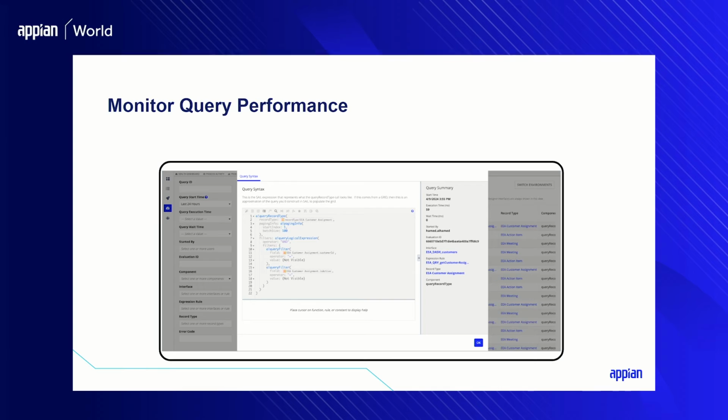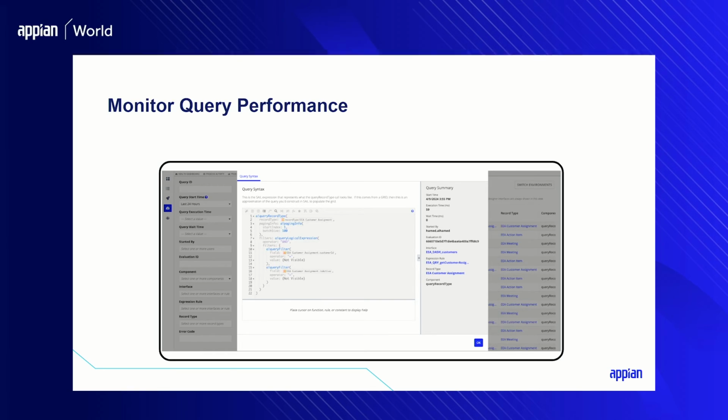All right, and then the second is performance query. Now you heard all from Aaron about how record queries can provide greater performance, and that's true. However, even highly performing systems need to be investigated to be further optimized. And that's why we've added a new monitor in 24.1 that lets you see all the queries that are being run, their performance, their information such as the rules that are calling it, the interfaces, and the functions that are